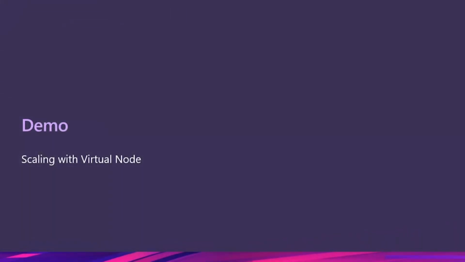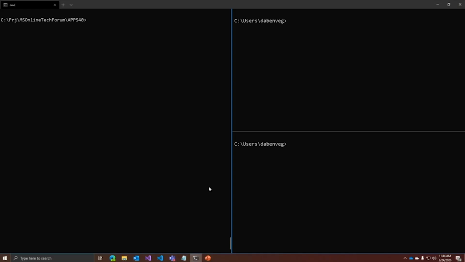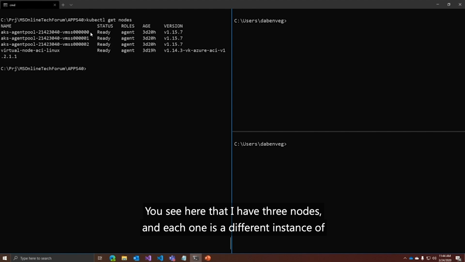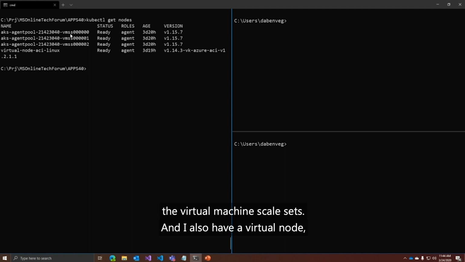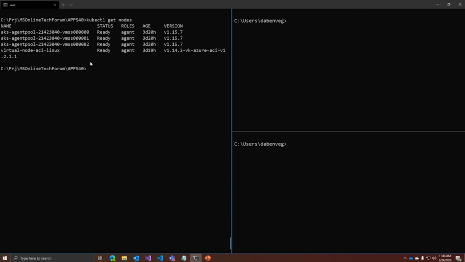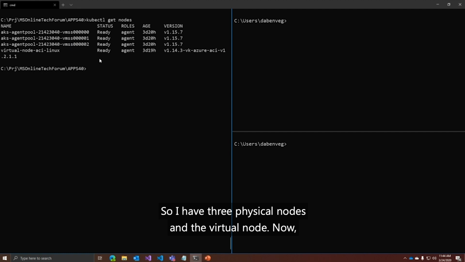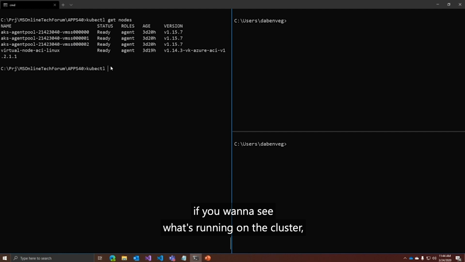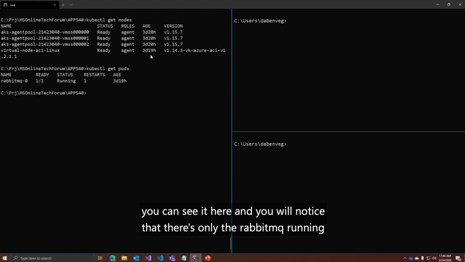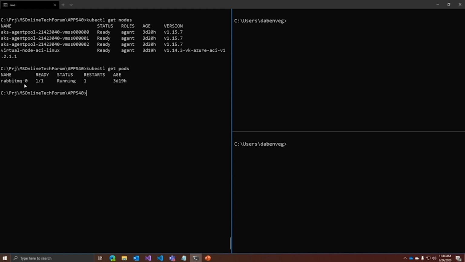All right, let's see this in action. First of all, let me show you my cluster. You'll see here that I have 3 nodes, and each one is a different instance of the virtual machine scale set. And I also have a virtual node, which in this case is running on Linux. So I have 3 physical nodes and the virtual node. Now, if you want to see what's running on the cluster, you can see it here, and you will notice that there's only RabbitMQ running here. There's nothing else. But if we look at our deployments,